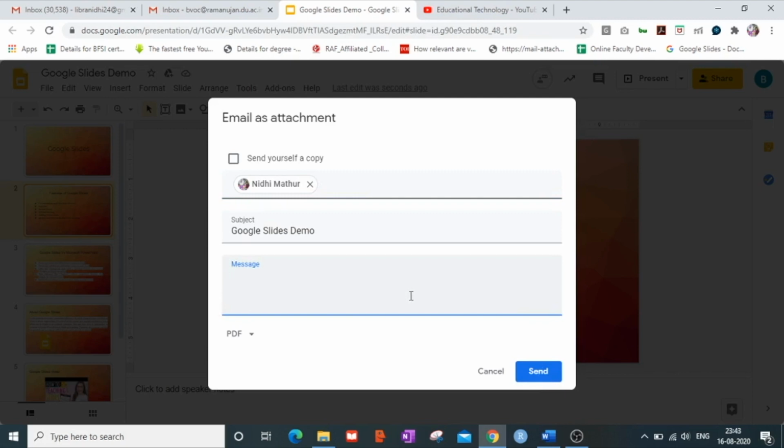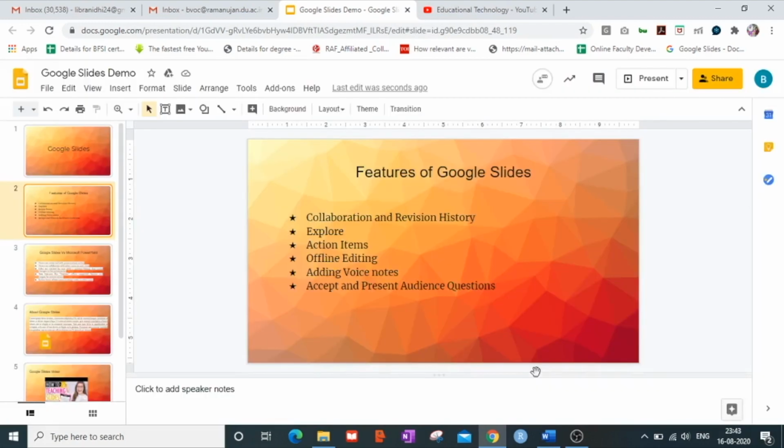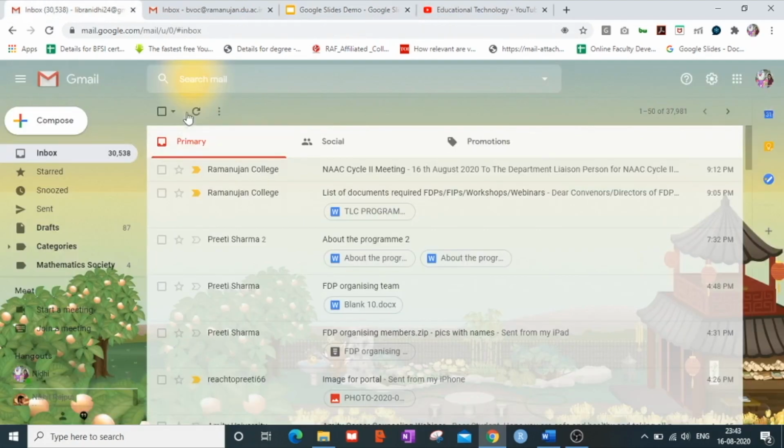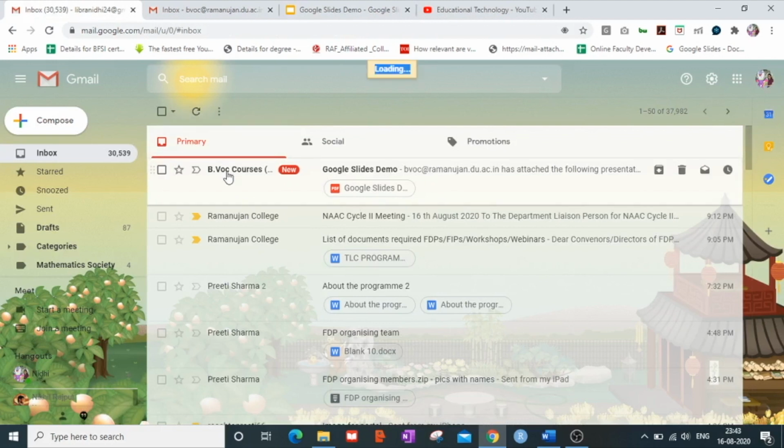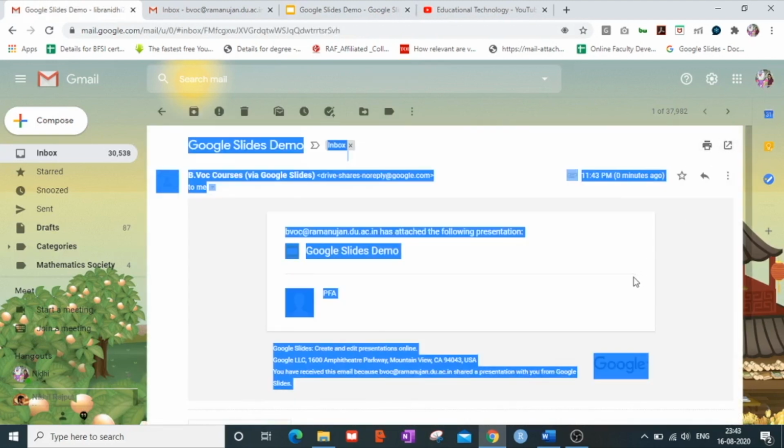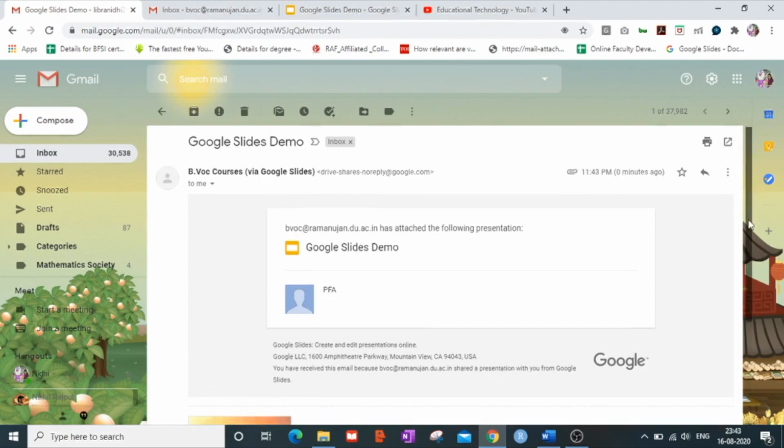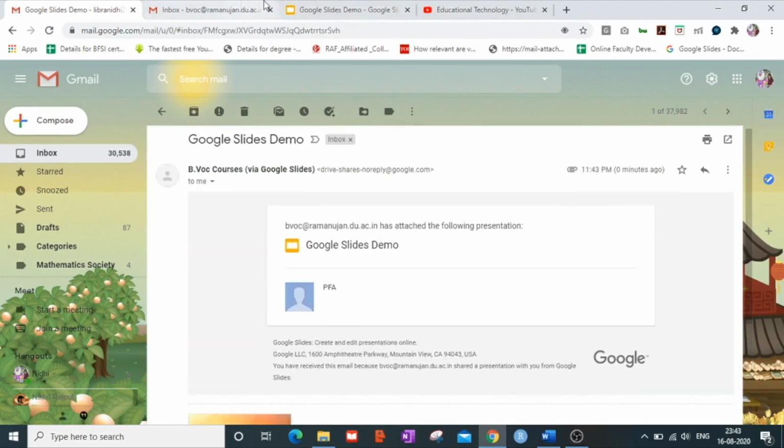I enter my email ID, write something as the message and press on the send button. Now when I refresh my inbox, I see that my presentation has been mailed to me that I had sent from some other email ID.